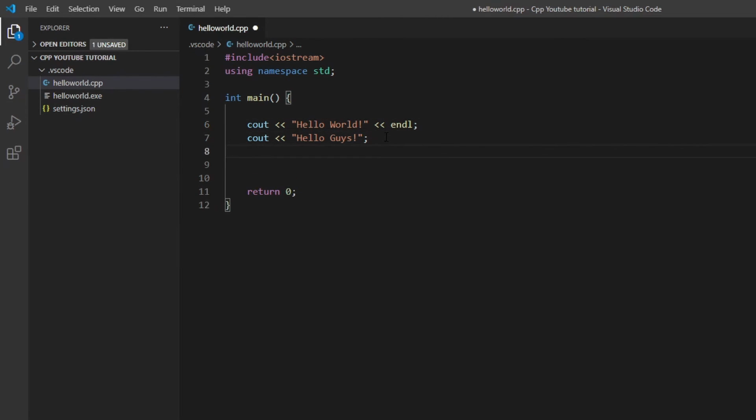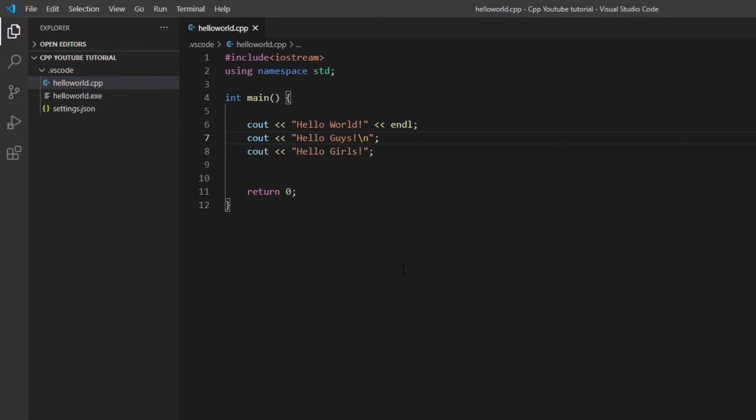Let me write one more statement first so that we can see what is happening. Now I am writing hello girls. After the string has ended and before this semicolon, before this double quote, I can write backslash n.